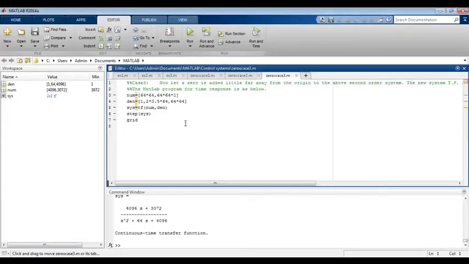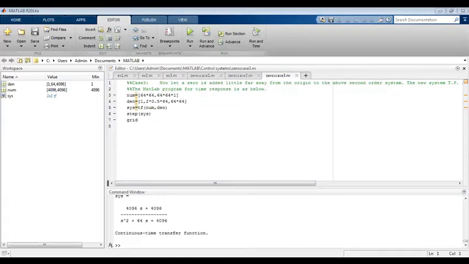We have to run it in MATLAB. We'll go to MATLAB. Okay, this is the program we have entered. You have to understand that percent means whatever is shown in the green color is just a comment. It will not be executed. Now run the program. The procedure is the same: run, then go to figure, and you will get the diagram. You see what you get, the same response you will see in the manual also.